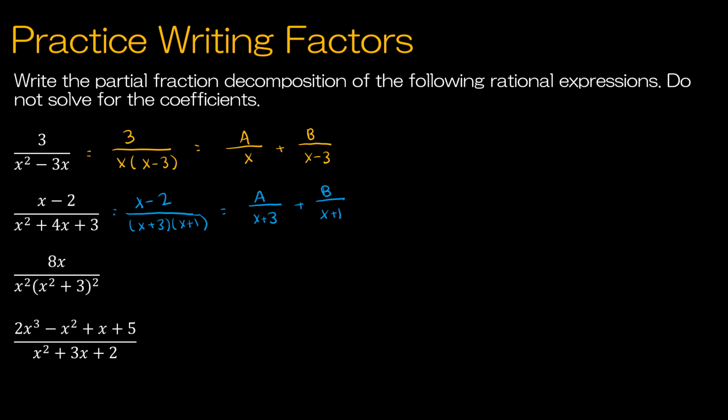Let's take a look at the third one. This degree is 1, this degree is 2, and a lot more than 2, right? So the degree is certainly greater in the denominator, so that's good. Now I don't have to do any factoring here. We can see it's already factored, so the difficulty here comes with the fact that we've got a divided by